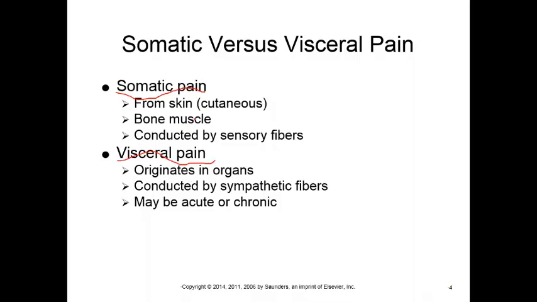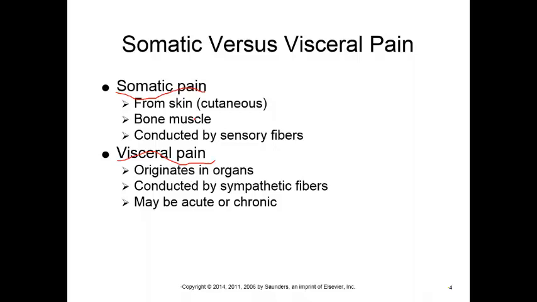But in visceral pain, which is in the organs, just think about all those organs in the abdominal cavity and the thoracic cavity. When you have pain in those organs, sometimes the pain is a little more diffused, and we don't know exactly where it is. Think about our heart: the pain might be over there in the arm when it's actually the heart that's getting the damage.